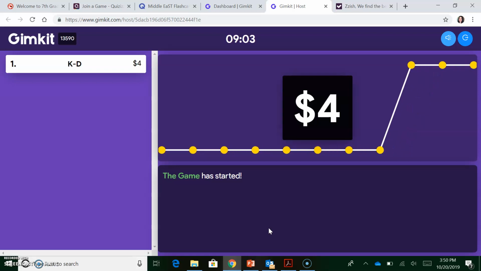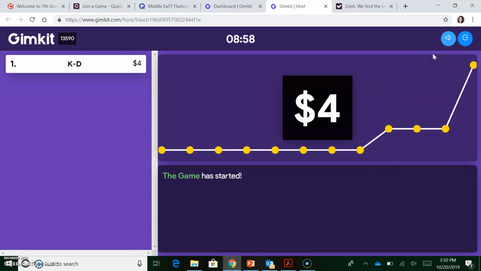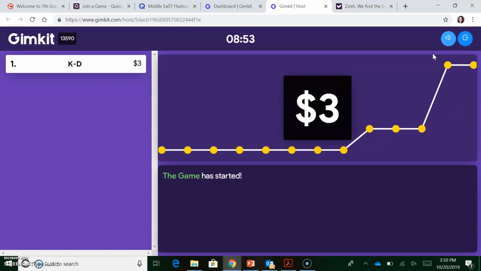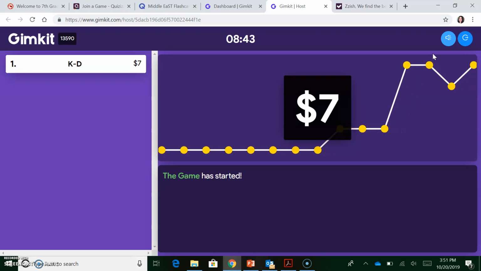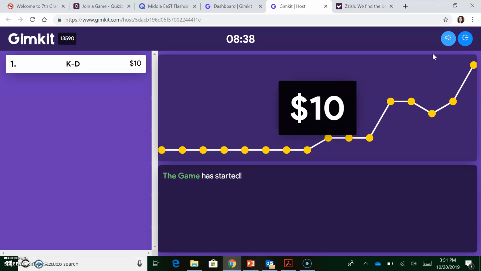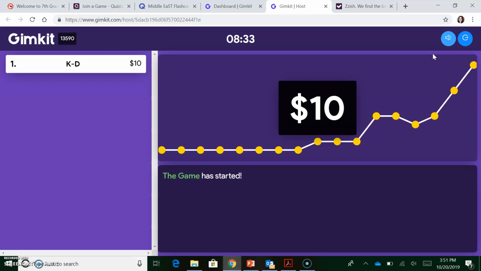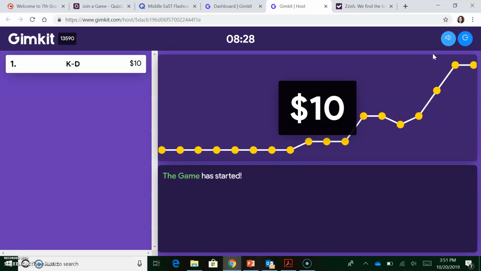Also, what's another great thing that's not like Kahoot is it does allow for opportunities to improve. I made a question wrong, but it allows for improvement and to try again and to do their best. So if a student gets it wrong, they have an opportunity to look at the correct answer and to try again. What's great about GimKit is it's very similar to Kahoot, but instead of competing and finishing in the quickest amount of time, it's to really demonstrate mastery and understanding.